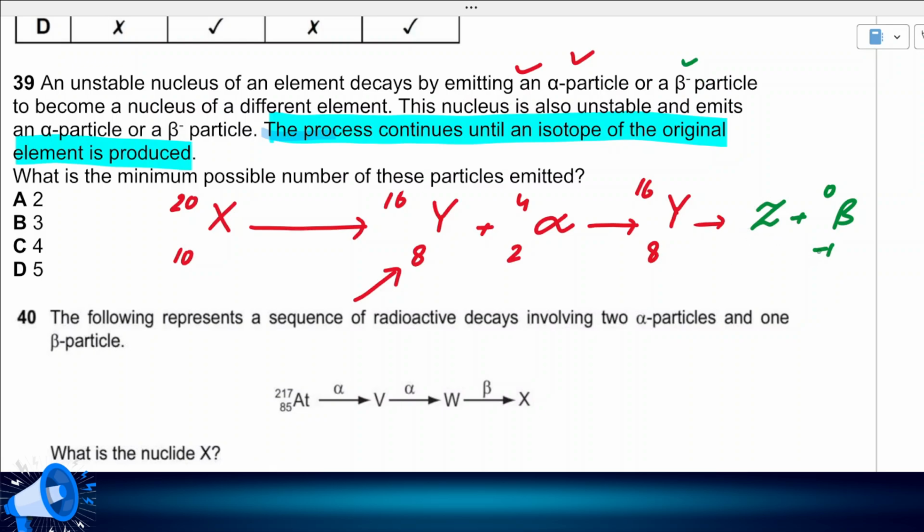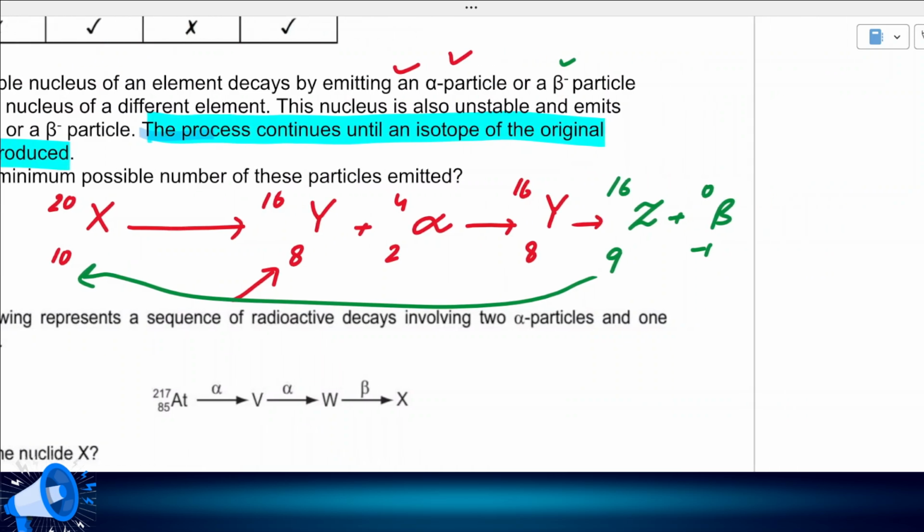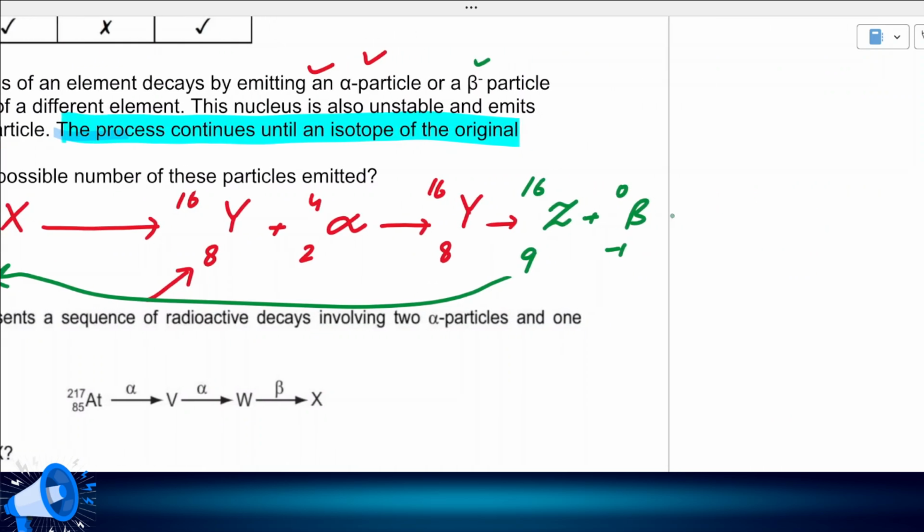If it releases one beta negative, the atomic number would now be 9. So you see, we are going somewhere close to the original atomic number. And if it goes, let's call it Z prime, another decay, beta negative decay,